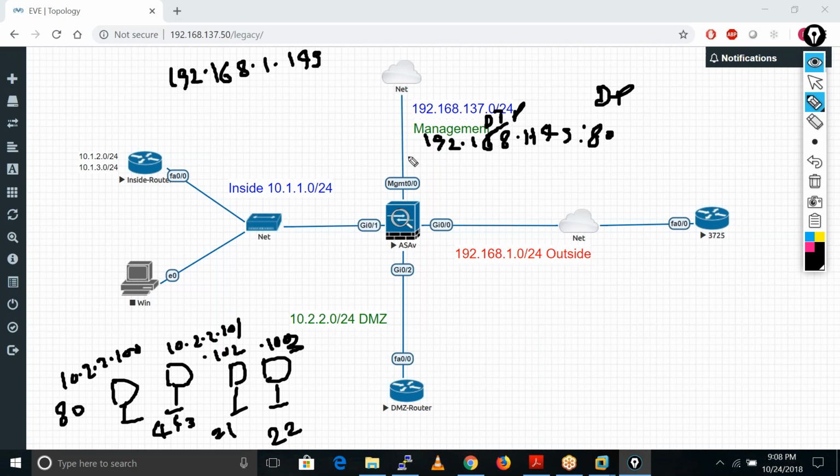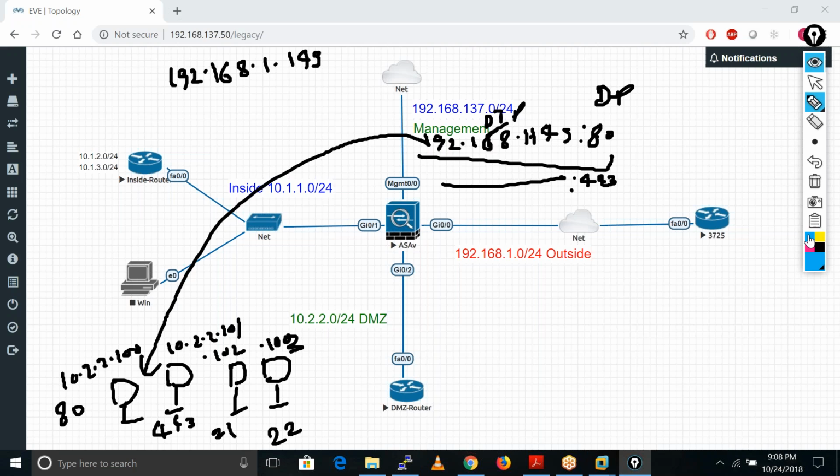If ASA receives this request, he sends this traffic towards this server. If ASA receives the request on port number 443 with the same IP address, he sends this request towards this server. If he receives the request on port number 21 and the same IP address 192.168.1.149, he sends this request towards this server. Now you got how static path will work. He does the translation in this way.